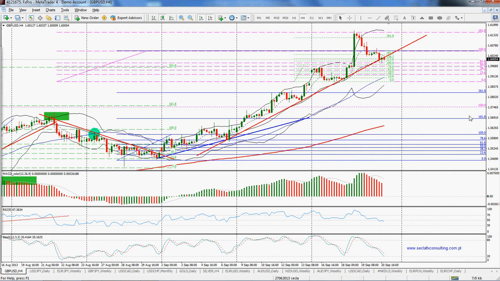I use these blue Fibonacci levels in order to show my subscribers that currently I'm trading with this trend following system. So what is necessary for this system? There are 2 points. First one, if you would like to go long, you have to wait until the market makes a move from the Bollinger lower band to the Bollinger upper band and